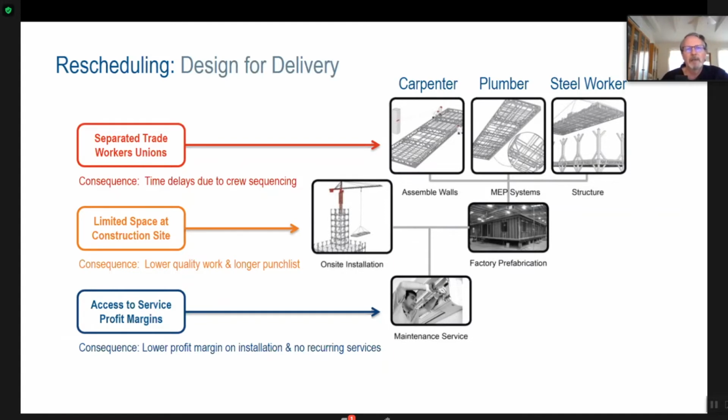If we were able to do that in a prefabrication in a factory, it might be better to get the trades off site, but how big is the module and how is it handled and how is it transported? Is it a faraway factory or is it near the job site? Is it a panelized system? There's a lot of factors. And then how do you manage the on-site installation?